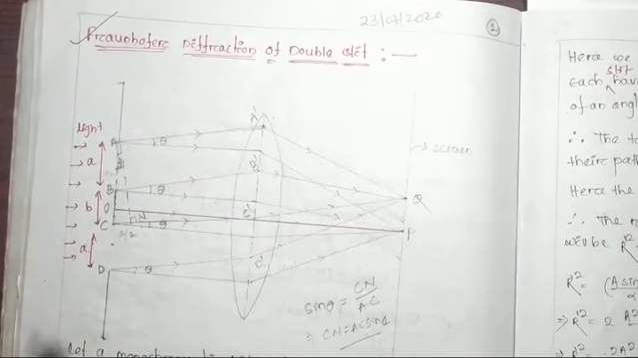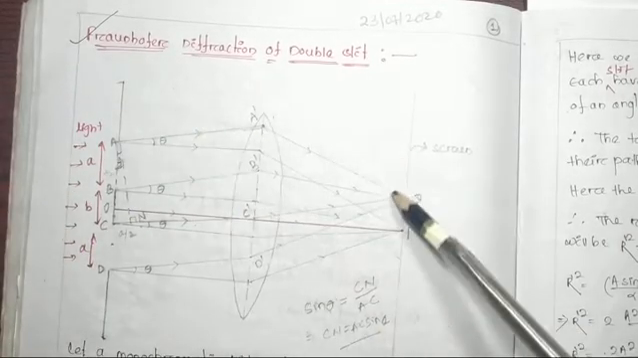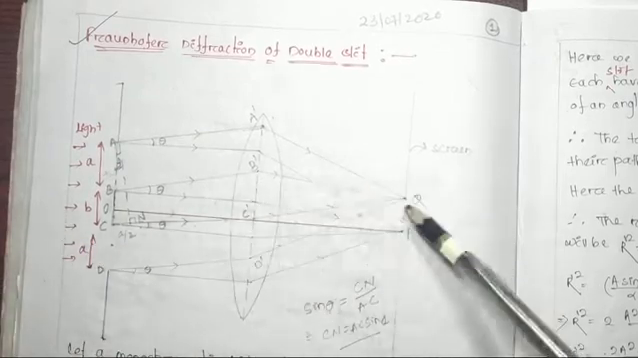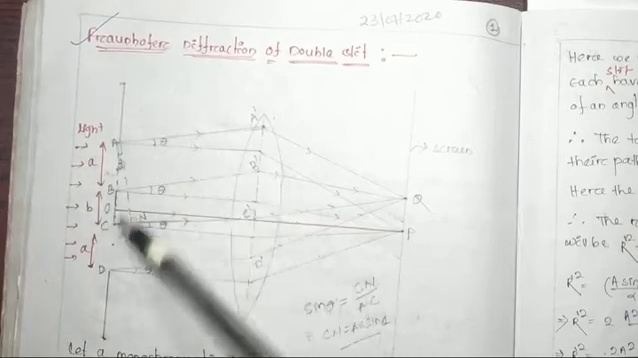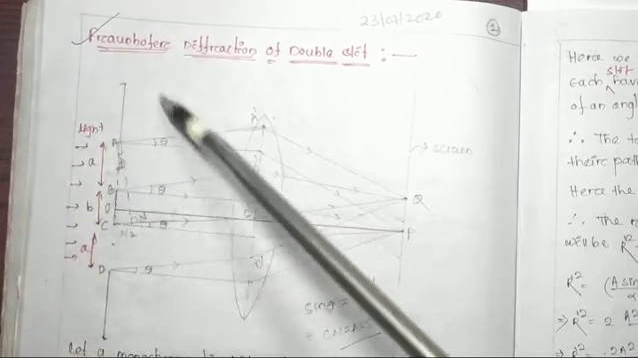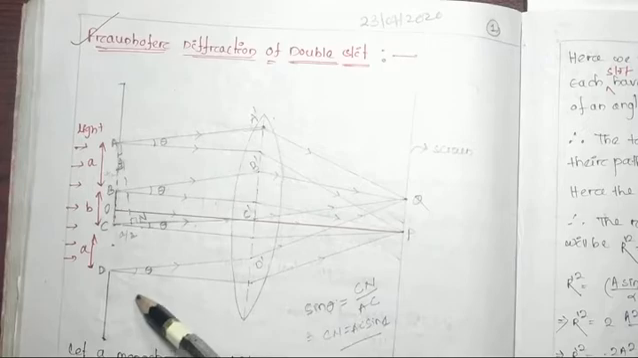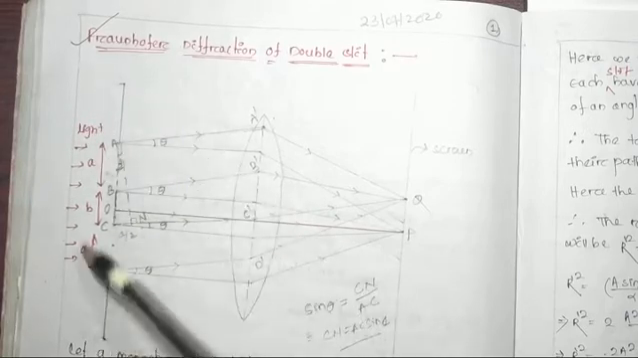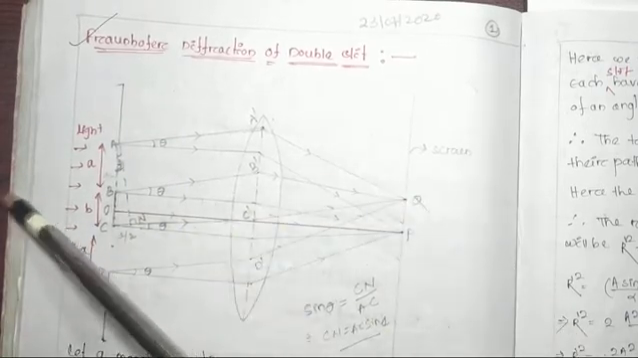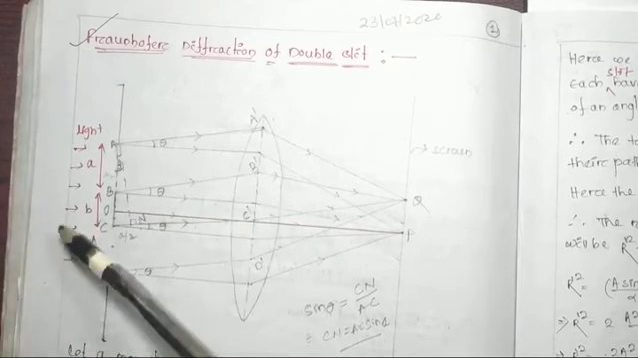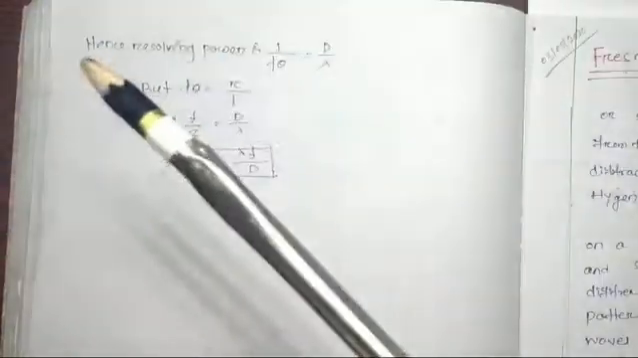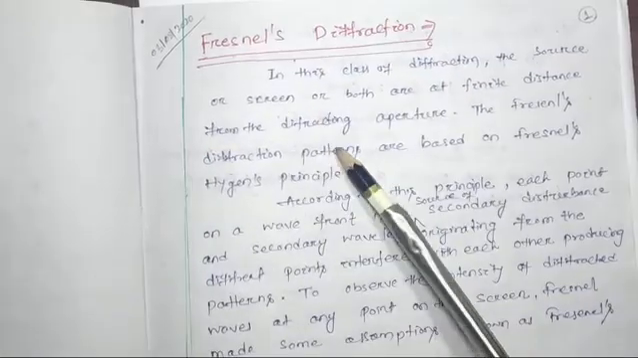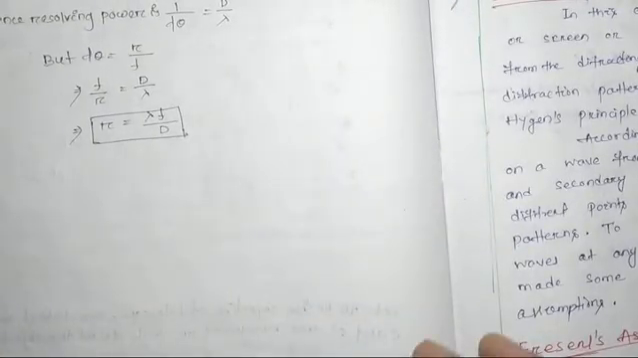In this case, the source and slit both are at infinite distance from the aperture. Aperture means the so-called slit. So these are the double slit. From the double slit, both the screen and the source are at infinite distance, or we can say a large distance. But in case of this Fresnel diffraction, either your source,